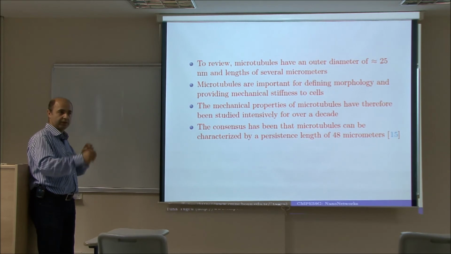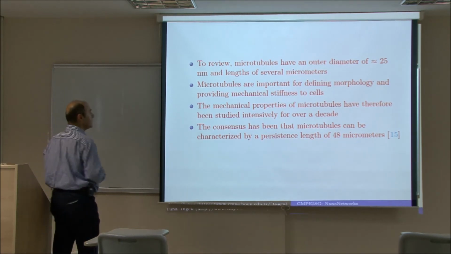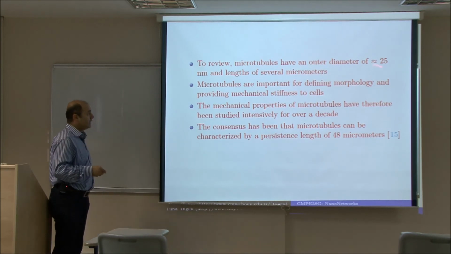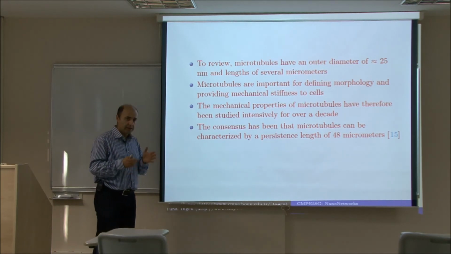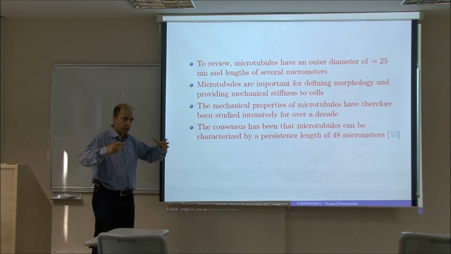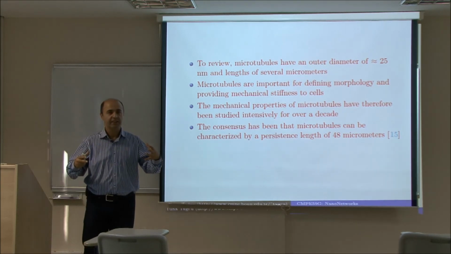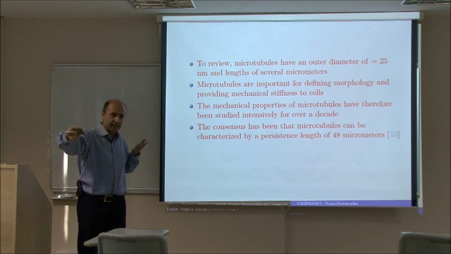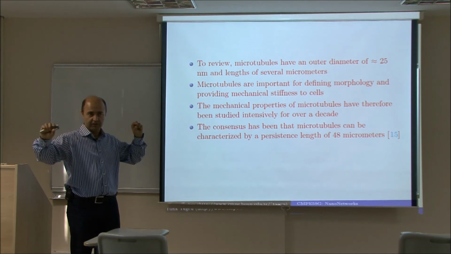So these are thin, long wires actually, curved or straight. They define morphology and provide the mechanical stiffness of the cell. Remember, that's why the cell grows more like a spherical entity rather than being like a very thin sheet